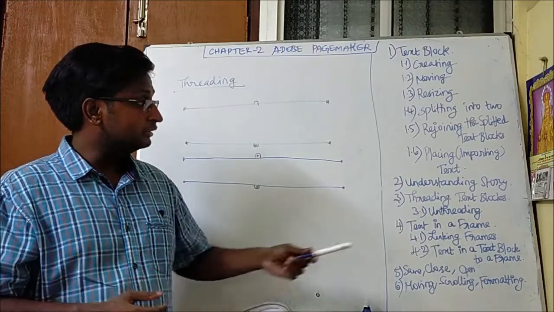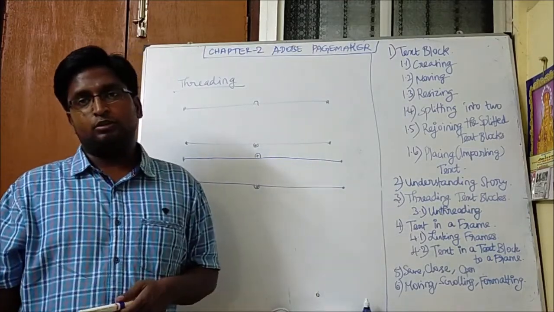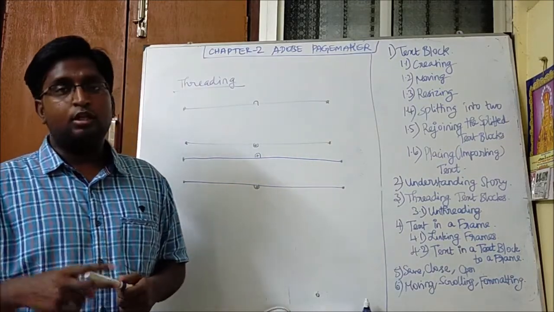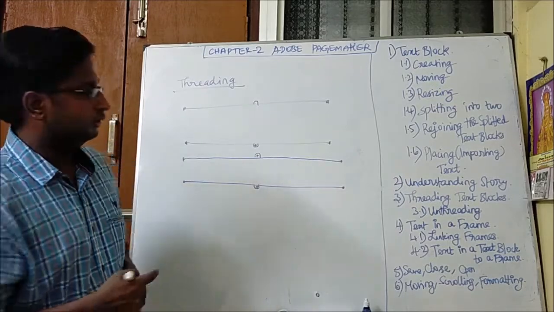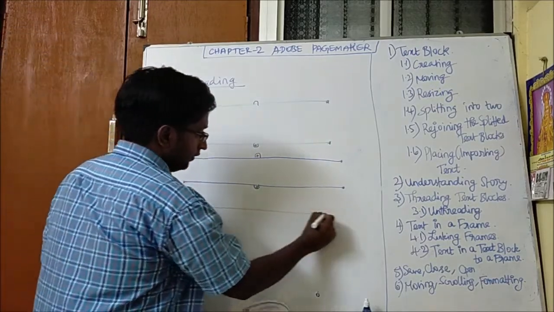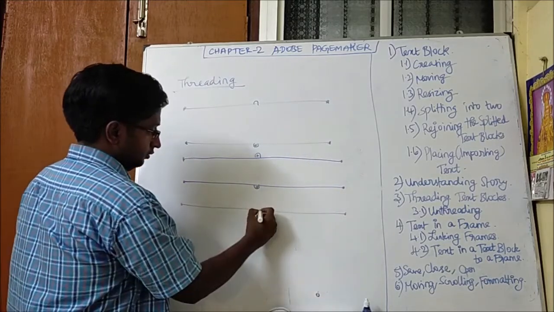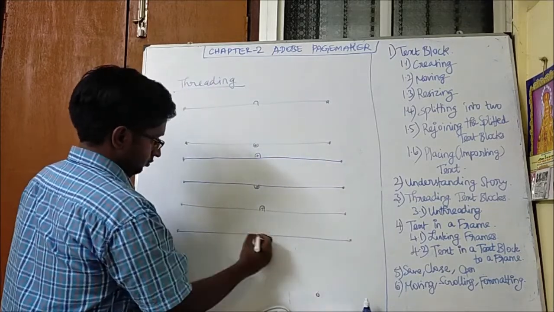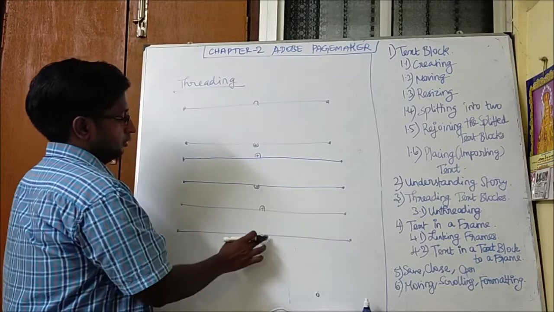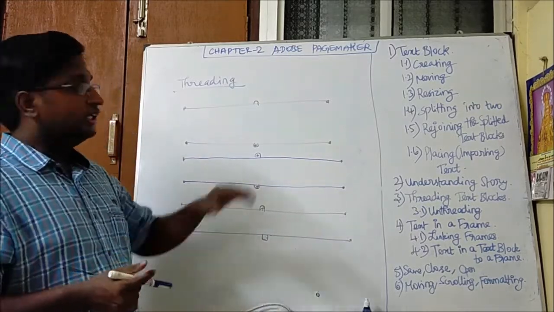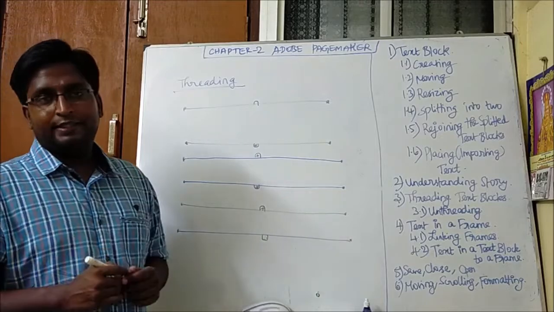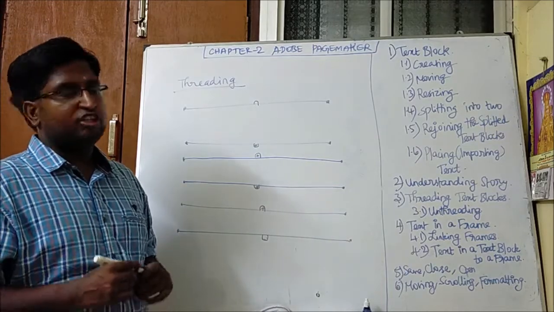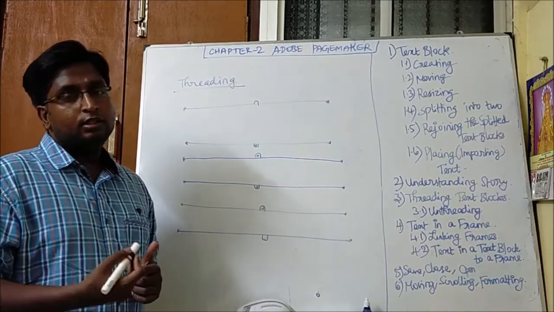So the next one is unthreading the text block. We have threaded the text block, so we have to know about unthreading the text block. There are two methods to unthread the text block. In addition, you have another text block. Say for example, these three text blocks are threaded. The text flows from each text block into the next. So we have to unthread the text block.